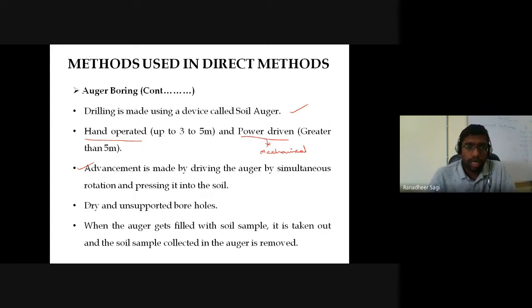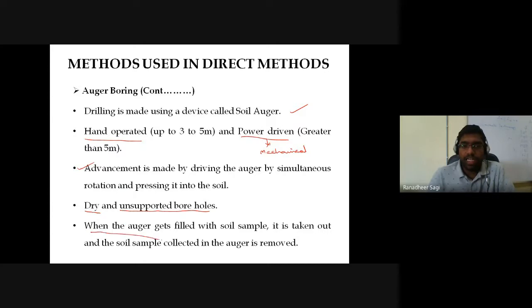So whatever augering process you are trying to carry out can be carried out in soil or ground which is relatively dry or partially saturated. In fully saturated soil, it would be difficult. Or if you encounter the water table while making the borehole with this augering technique, it would become difficult. And when you are making your boreholes, the hole being extended is mostly an unsupported borehole, because you are not providing any casing.